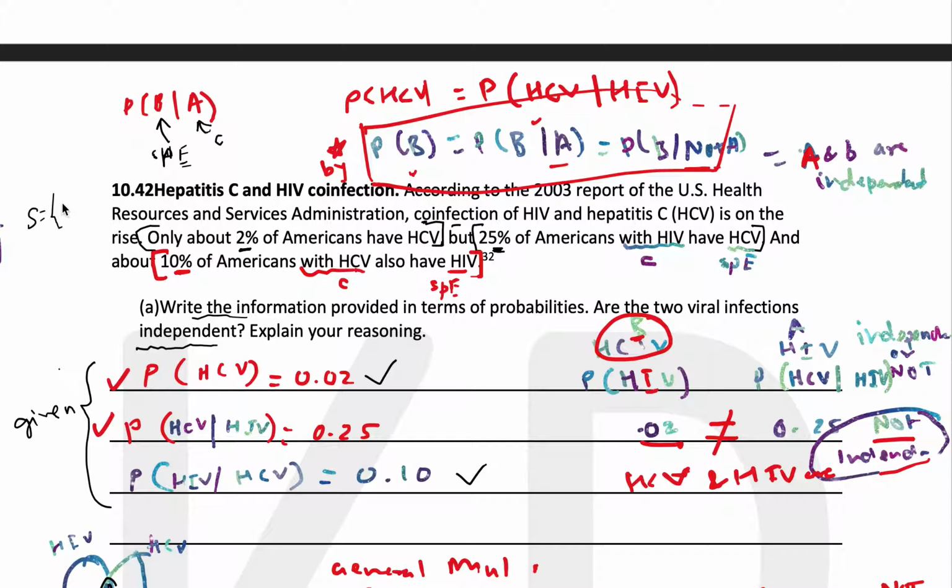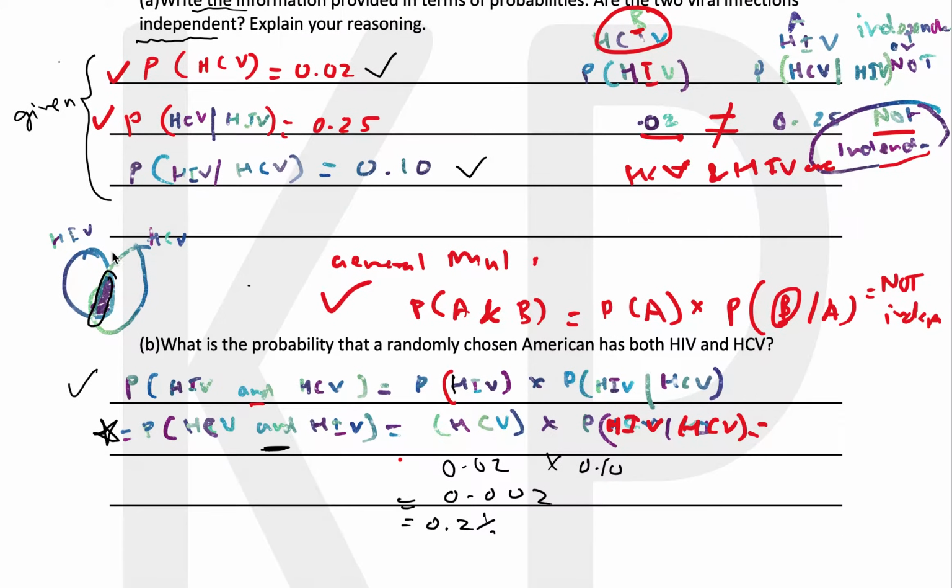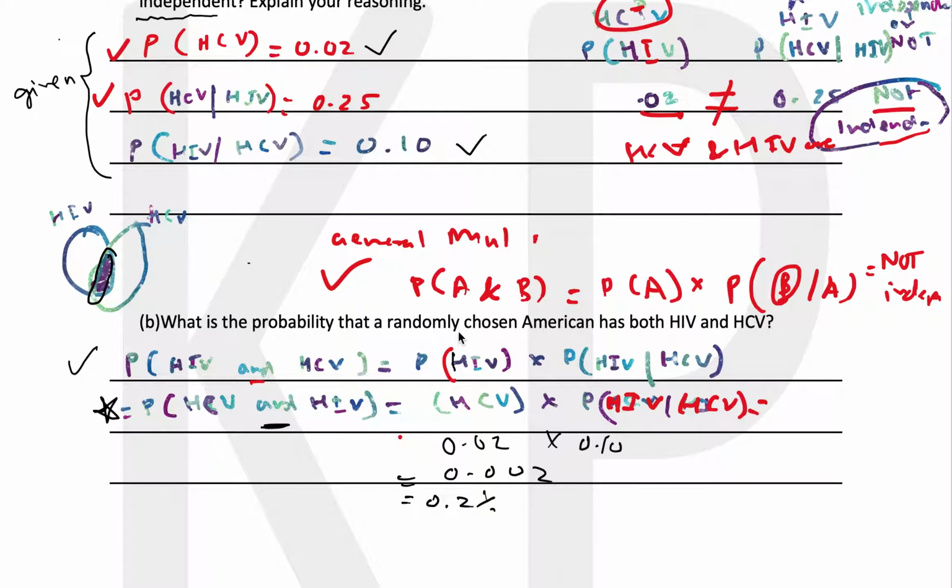That can be done only when these two events are existing as the total sample space. But we don't know. It could be a sample space of HCV, HIV, and maybe some other conditions as well. So we cannot derive that particular information. But if you think conceptually, if the two events have some dependence and we are looking for this, and you draw the Venn diagram of HIV and HCV, we are interested in this particular intersection. It doesn't really matter whether you consider HIV and HCV or HCV and HIV, you're going to get the same answer of probability for that